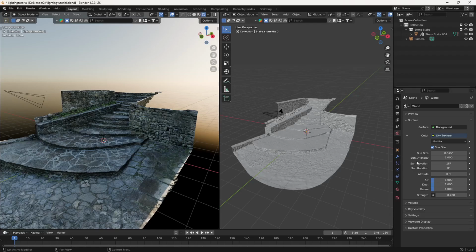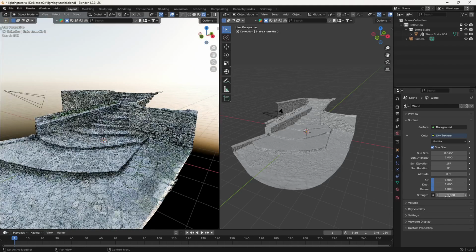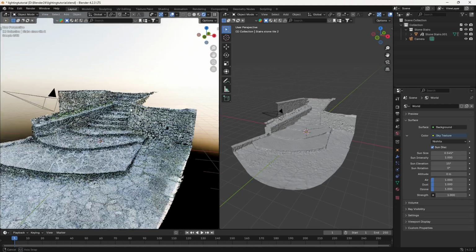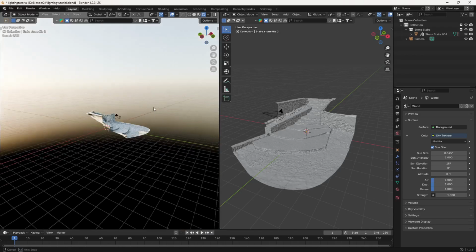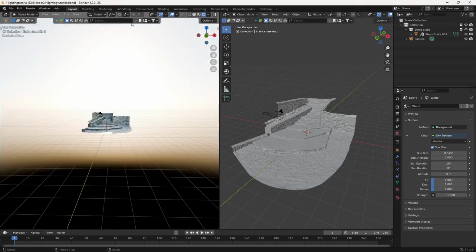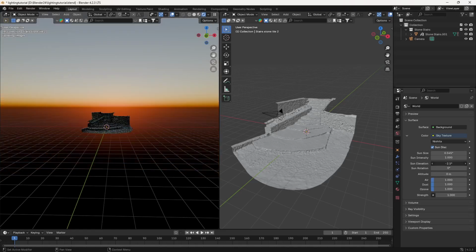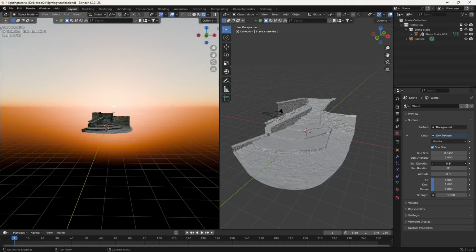Now the first thing is the sun size. So let's just look at it in a moment. But right now you can see my strength is set to 0.2. By default, it would be set to 1 here. Okay, so you can see here as well. If I zoom out here, you can see our sun is somewhere over here. If I take my sun elevation downwards, let's say, you can see there is our sun. Okay, you can see our sun is here and we are getting a tuning result.